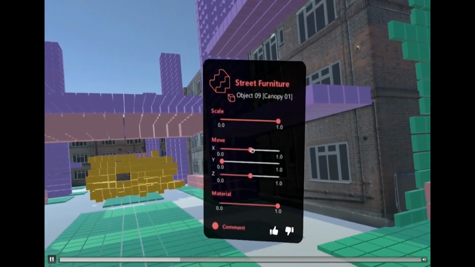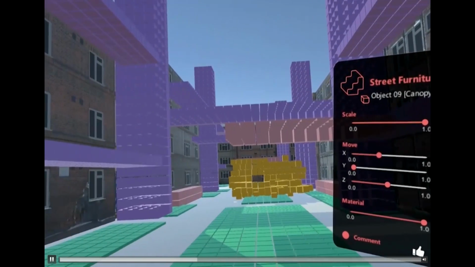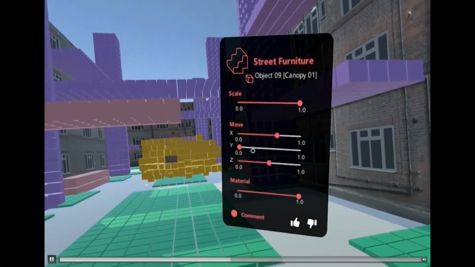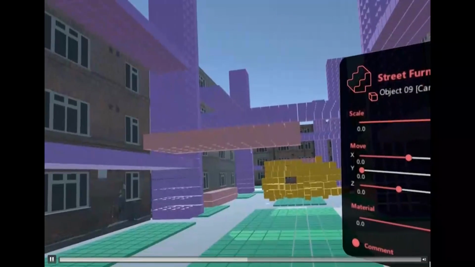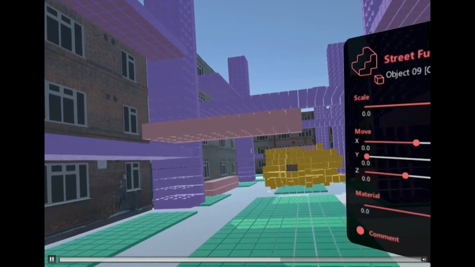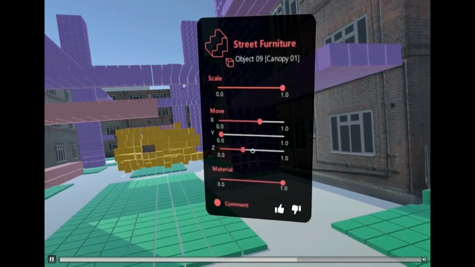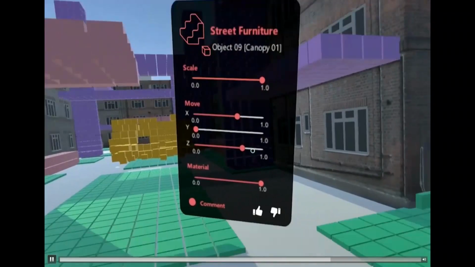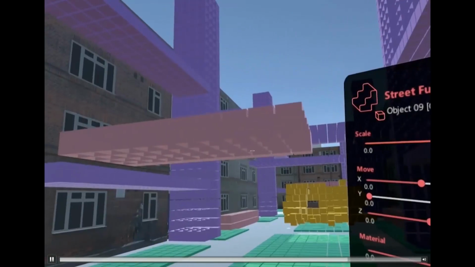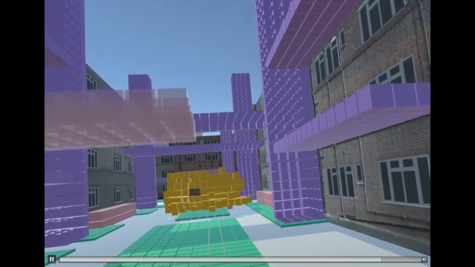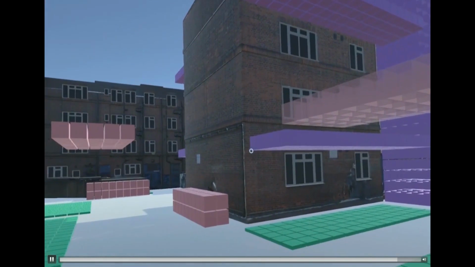If they picked one of the geometries, this panel appeared, and following a specific threshold that we gave them, they were able to scale the geometries, to move them in 3 different axes, to change the materiality in the form of 3 different opacities, as you can see. And the last bit is they can also add comments and like or dislike other people's solutions.